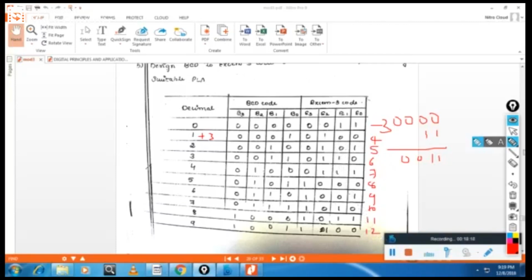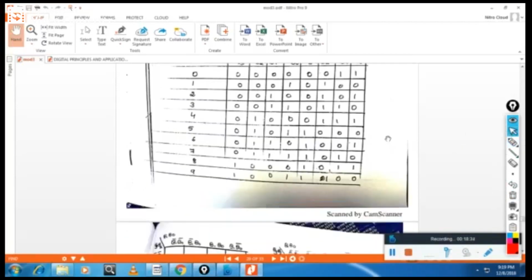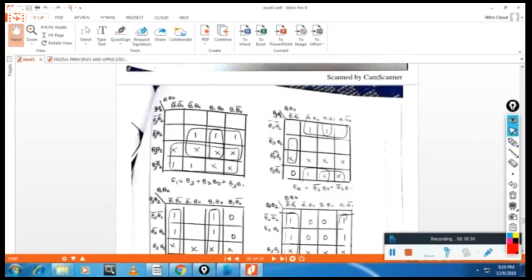Now after this, you have to solve this one, E0, E1, E2, E3 by using K-map. So you can see here the K-map. You need to practice this one for the exam directly, because if you try it there, you have to spend time.